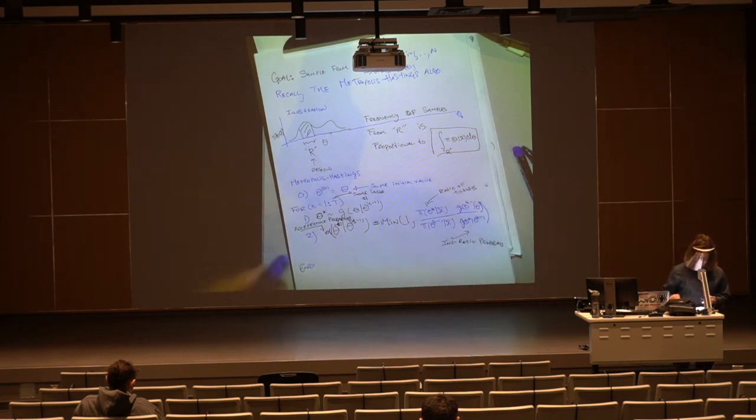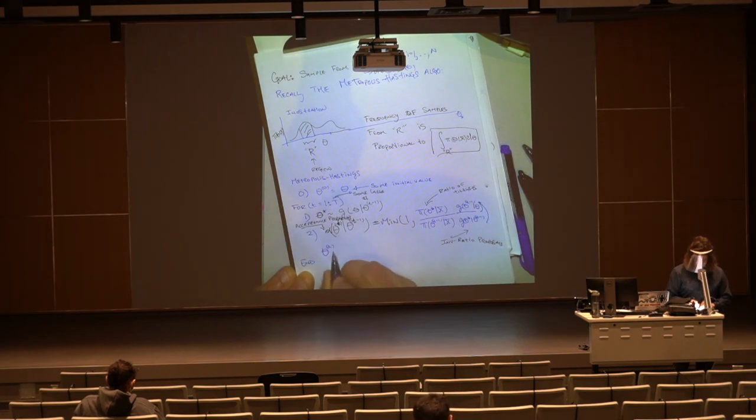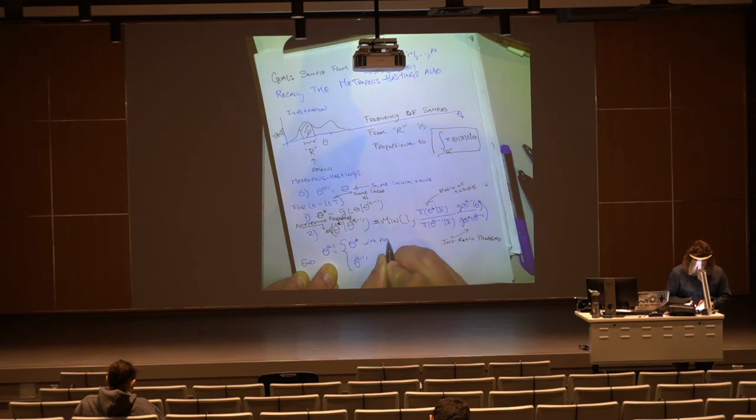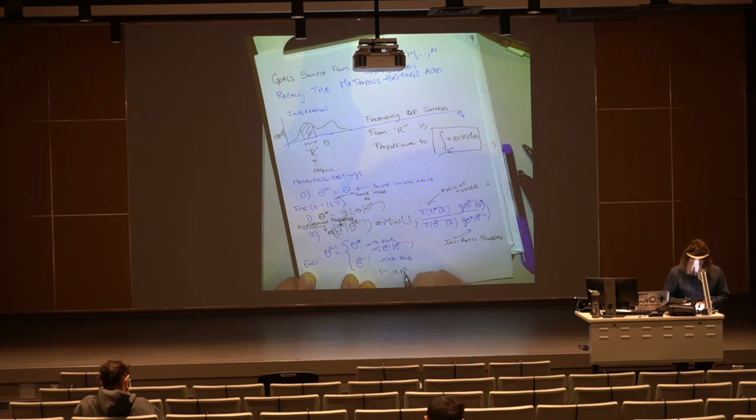So the final thing is just to use this acceptance probability accordingly. So theta T is going to be equal to either theta star or theta T minus 1. Theta star happens with probability alpha of theta star given theta T minus 1. Theta T minus 1 happens with probability 1 minus alpha of theta star given theta T minus 1.